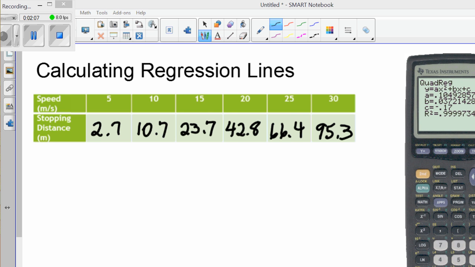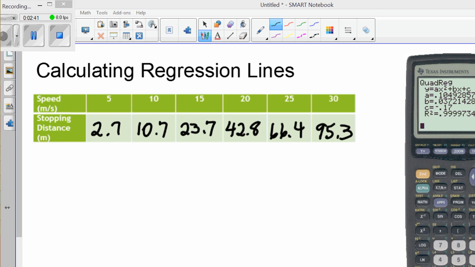this is my particular model. And you can see that it tells you that this is going to be in standard form. It gives you the a value, the b value, and the c value to fill into that equation. The r squared tells me that it is a very good fit for my model. Now, it might not be the perfect fit, but it is a very good one. So you, again, want to run regressions for all of the different possibilities and see which one is the best model. But for this